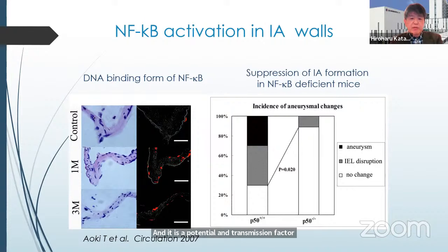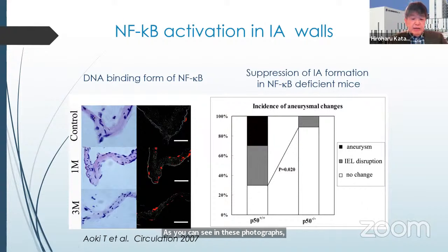NF-kappa B forms a heterodimer and exists in the cytoplasm in steady state. And after phosphorylation, NF-kappa B is activated and can move to the nucleus and bind to the DNA. And this is immunohistochemistry done using an antibody recognizing only the phosphorylated, DNA binding form of NF-kappa B. As you can see in these photographs,